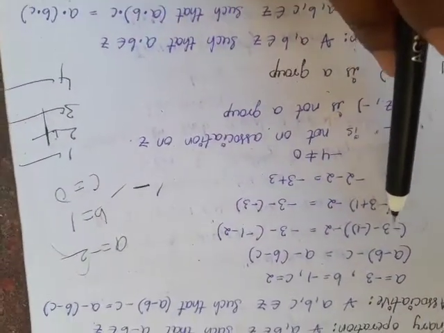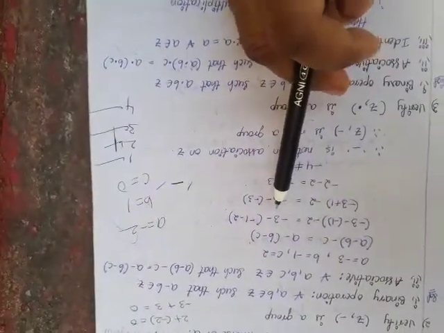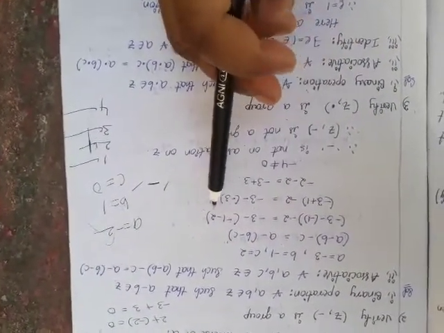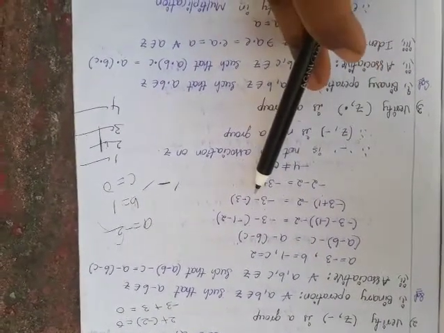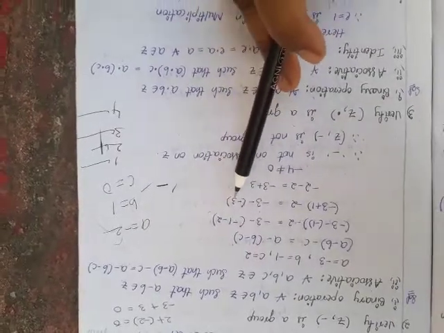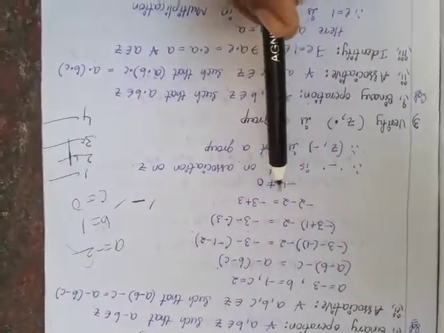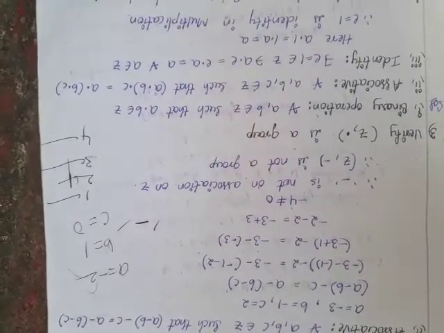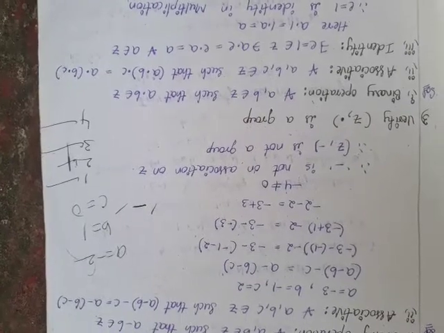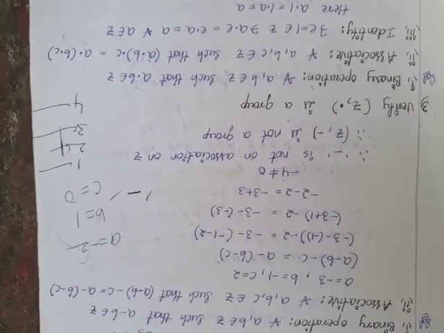So here a equals minus 3: minus 3 minus (minus 1) minus 2 is equal to minus 3 minus (1 minus 2). Minus 3 minus (minus 1) plus 1 minus 2, minus 3 plus 1 minus 2, minus 3 minus 2, minus 4... minus 3 minus 2 minus 2, minus 3 plus 3. So minus 4 is not equal to 0. So clearly LHS is not equal to RHS. Therefore minus is not associative on capital Z.